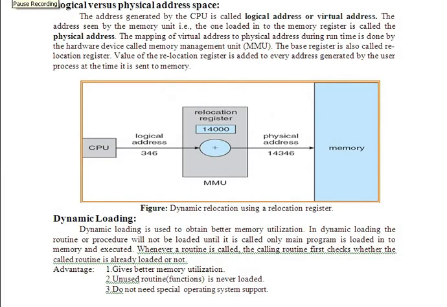Okay, up till now you know how the protection of our system memory is done, and address binding is also done. Now we'll see what logical and physical addresses are. What is the difference between them? We can find out with this diagram. See here, the CPU always generates a logical address. I repeat, the CPU always generates a logical address.